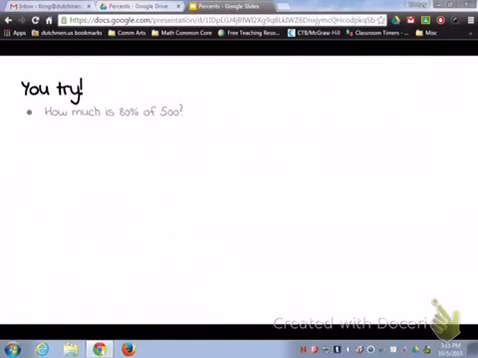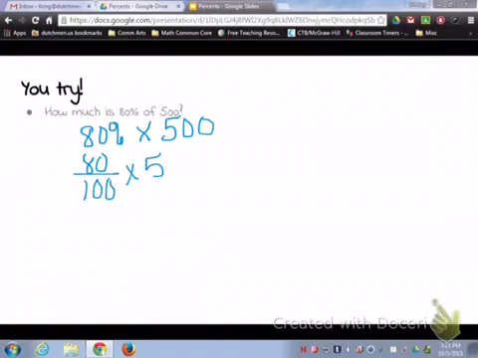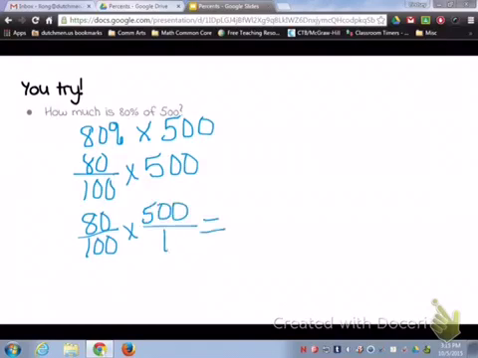So if we want to work this out using our numbers, we would take our 80%, change it to an expression, so times 500. Then I would change my percent into a fraction, 80% over 100 times 500. Then I would multiply. So 80 over 100 times 500 over 1 would give me